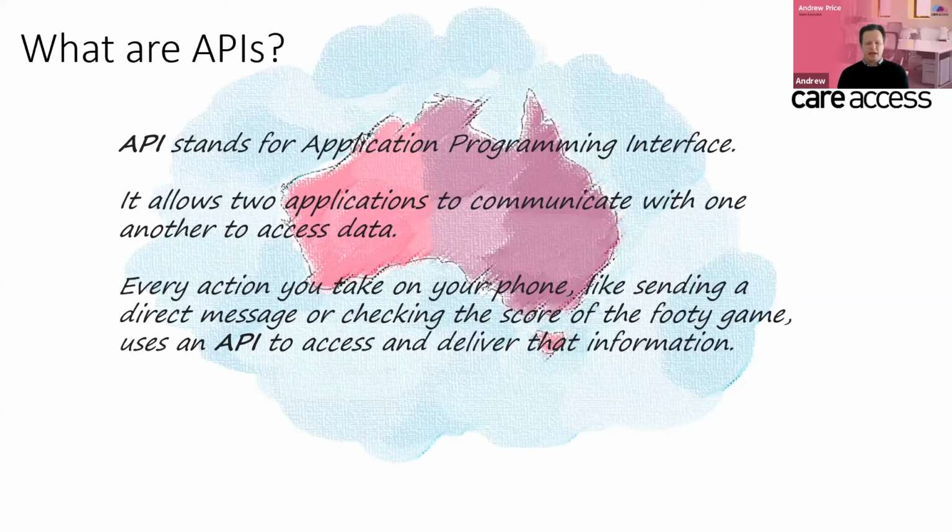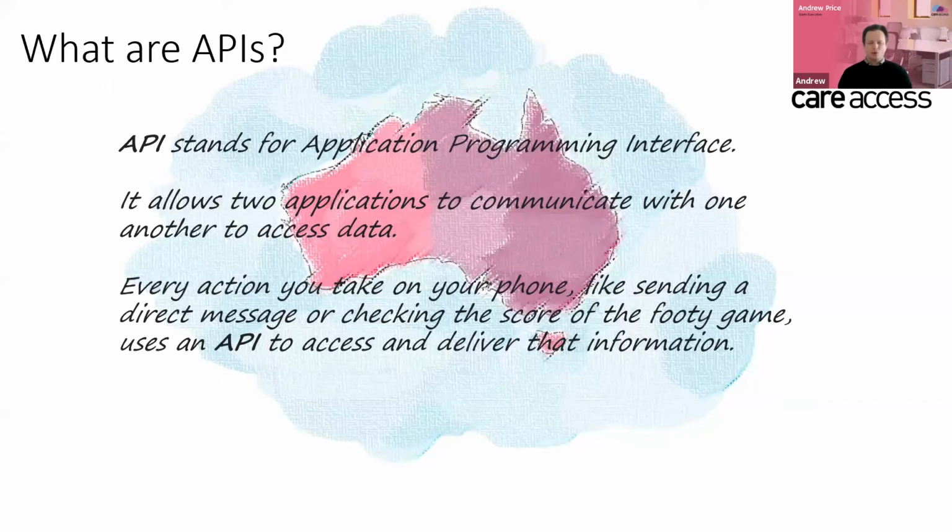So every action we take on our phones, for example, sending a message, checking the footy game, or even checking our bank balance, this process uses an API. It's all under the covers. Obviously, you don't see this, but they use an API. It accesses a certain set of data on a secure server somewhere, and then it is delivered to you in usable information. So our service care platform that we're going to demonstrate to you today